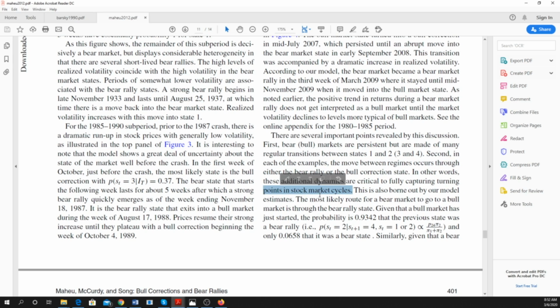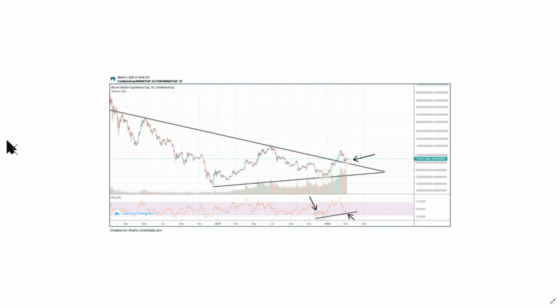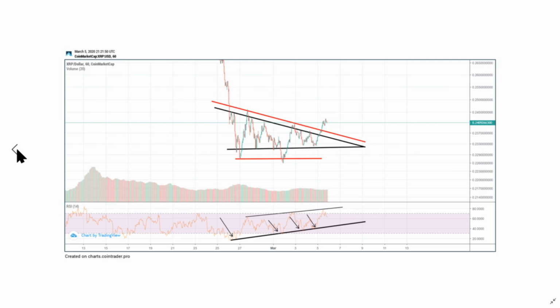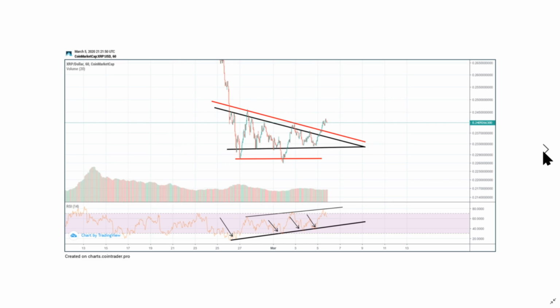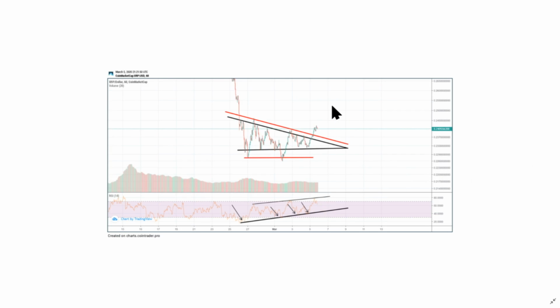So guys, we actually have to understand where we are in the market cycle, right? So if you are with me trying to understand these, yes, I completely agree that two days back we actually had something like this. We were following this pattern and we were checking whether this is going to break to the downside or move to the upside. And as of now, we just broke above that.